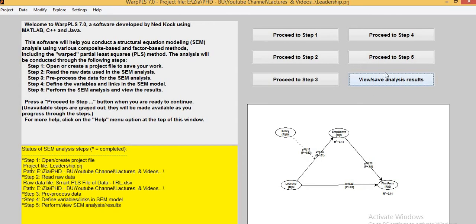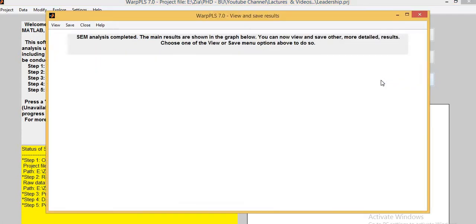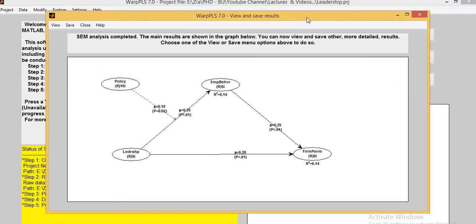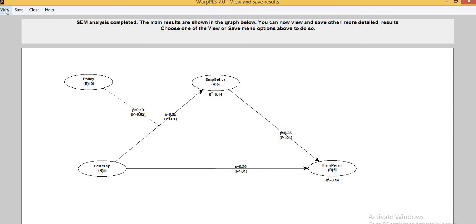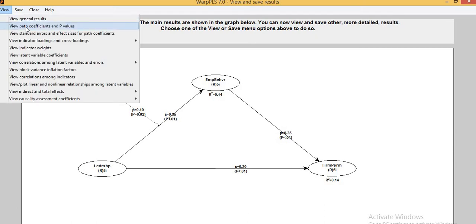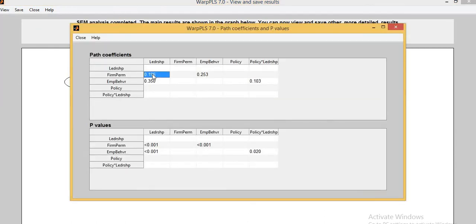See it in the PLS software. This is a very simple model. You can see it by viewing path coefficients. This is hypothesis 1, a direct relationship. This is a direct relationship, this is a direct relationship, and this is the moderated relationship, where three hypotheses are significant at 100% confidence interval, and the one moderated variable relationship or hypothesis is significant at 95% confidence interval.